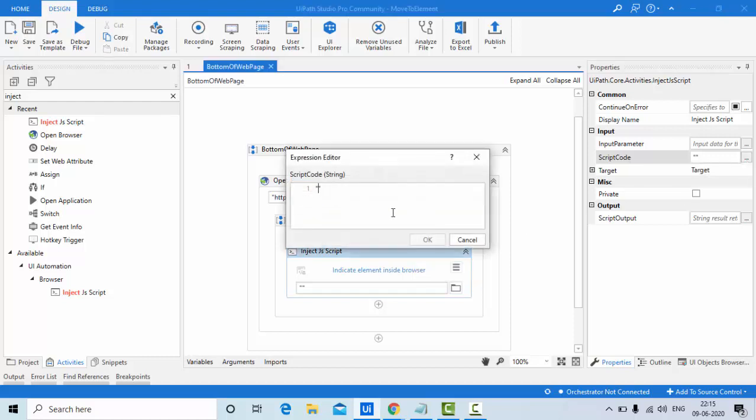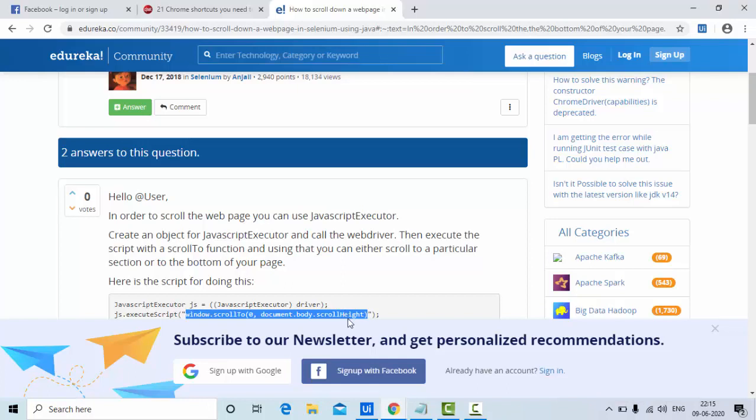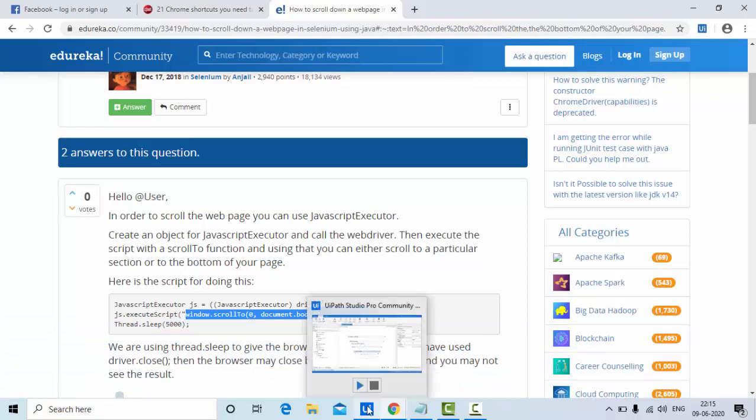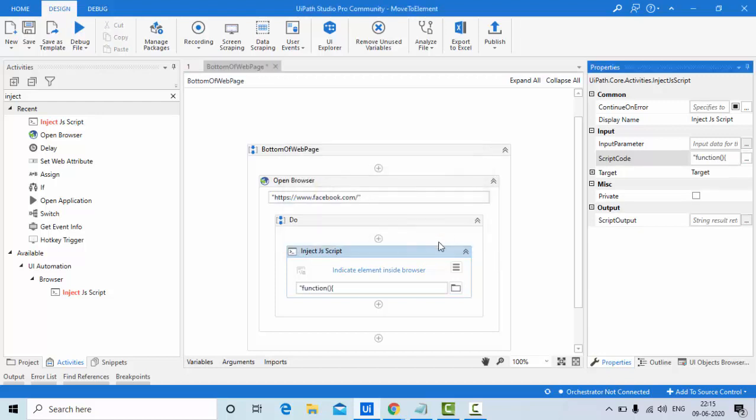To go to the bottom of the web page, I'll write a function. First let's go and google what the logic is to go to the bottom of a web page. This is the logic guys, simply window.scrollTo. You don't need to remember this, just type how to go to the bottom of the web page using JavaScript, and simply copy paste those lines here, that's it.